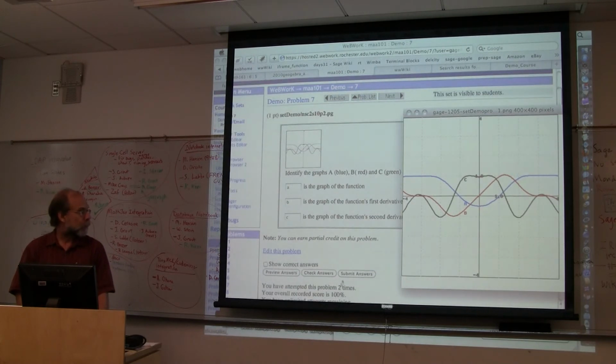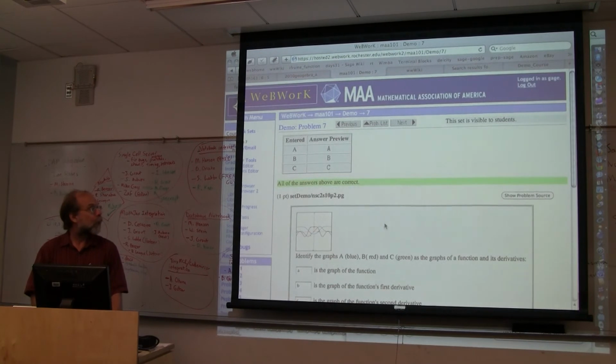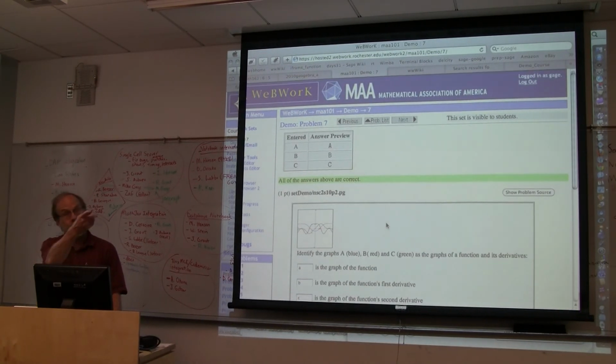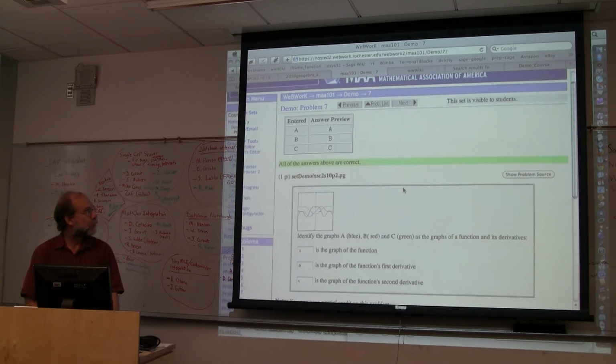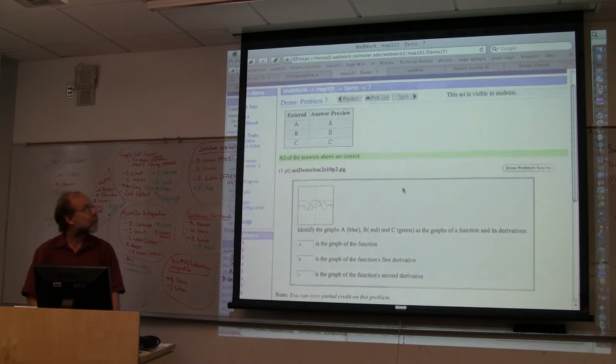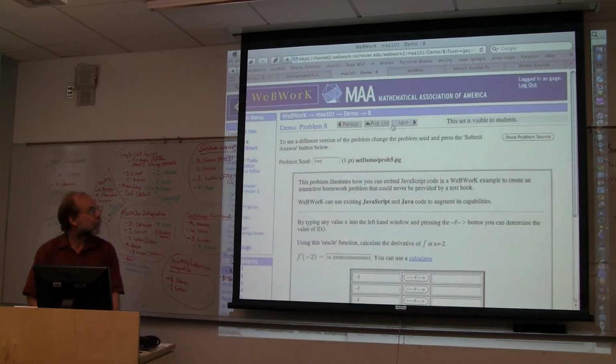But if they felt like they needed extra practice, well, yeah, what you want is an option for them to say, I want another one. And in fact, that's been requested. That isn't implemented at the moment. It could be done, yes. There is a macro package to let you do that, but you have to write it into the problem. That's right. So you can set up a problem to do that. Yeah, you could set up a problem that was just, you know, give me another one.